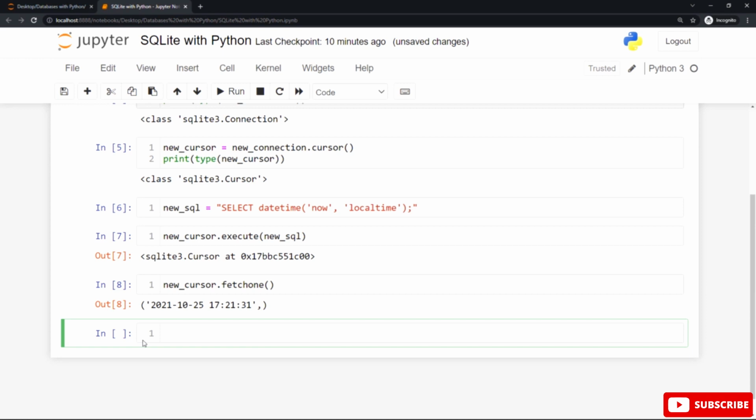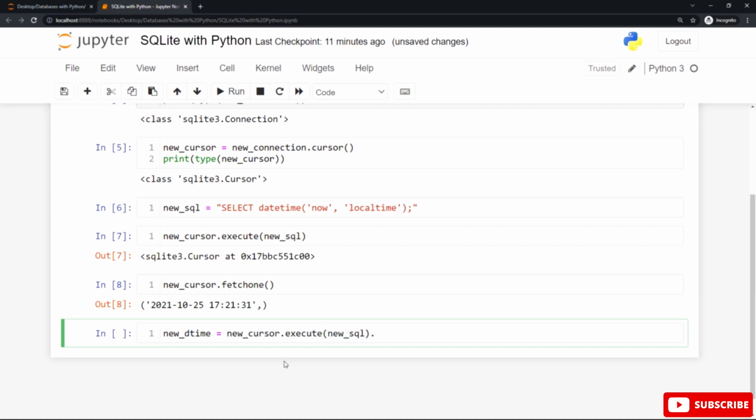You can do that by using the execute function with the fetchone function at the same time with the new cursor variable. Create a new variable, and you can call it any valid name you wish, new_datetime, as you can see.